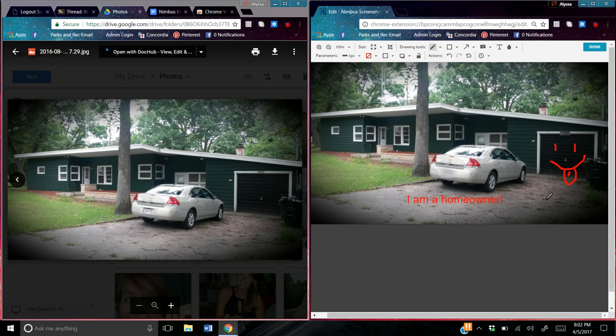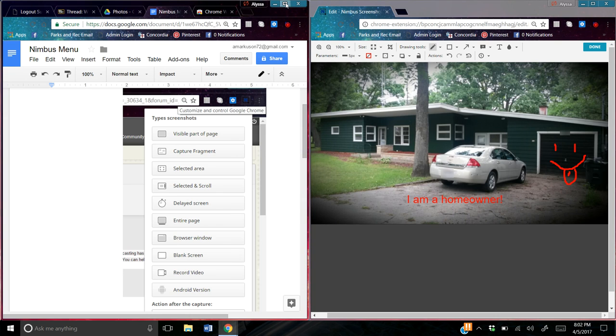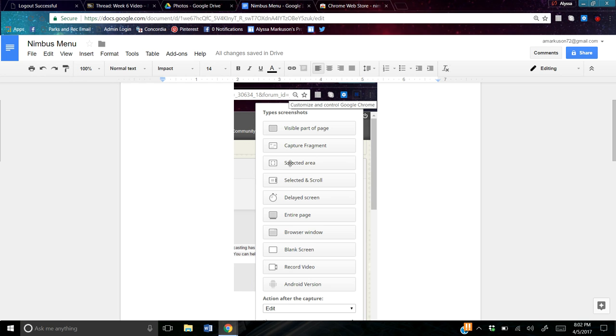I have worked with some other screenshot tools where you had to edit the image in different software. They worked well for getting the image, but for what you can do with it, Nimbus has it all right here in one. So there are some ways that I could definitely see using Nimbus in my classroom, whether it's a screenshot